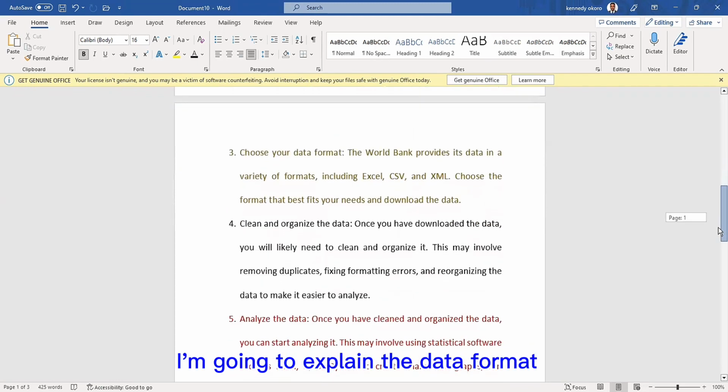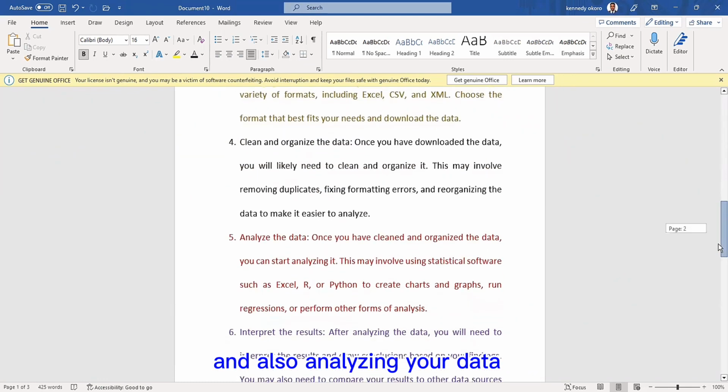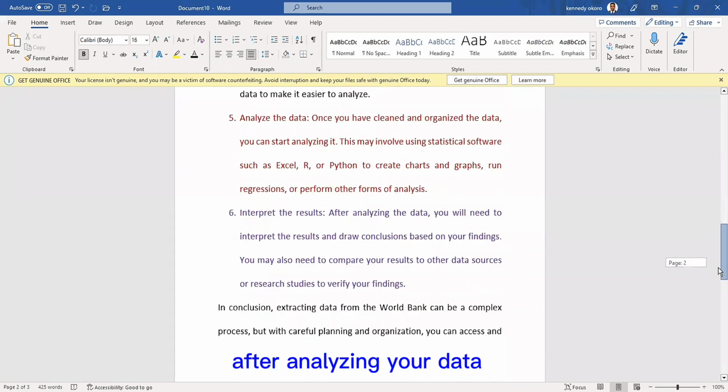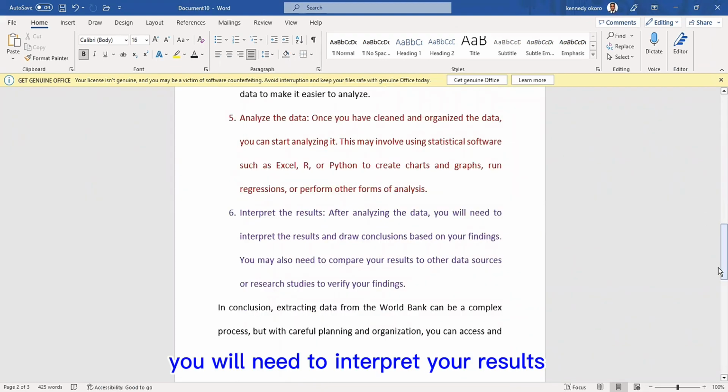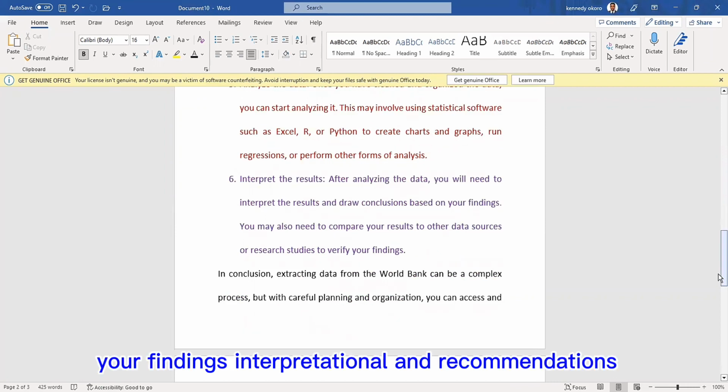I'm going to explain the data formats and how to work on those data formats, and also analyzing your data and cleaning your data. That means fixing formatting errors and recognizing data, which makes it easier for you to analyze. After analyzing your data, you will need to interpret your results and draw conclusions based on your findings, interpretation, and